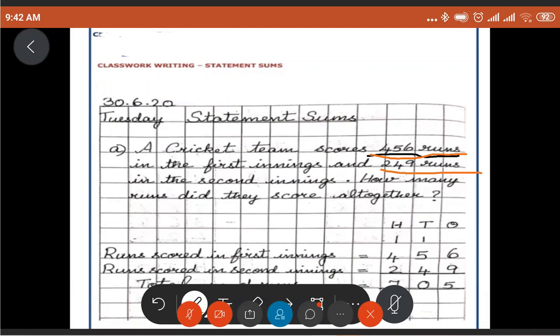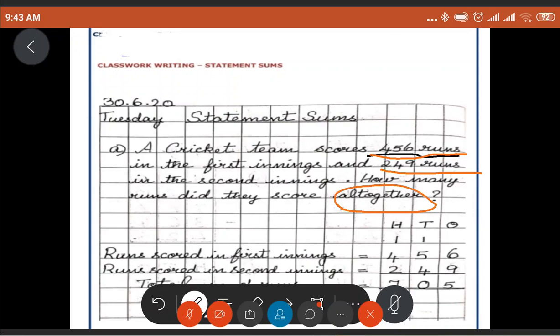Now look here. What is the subject? Subject, objects, key term: these three will be in the question. Cricket team scores is the subject. The runs are the objects. How many runs? So that's the object. Object means you just think of it in the counting way; it's not a real object, it's a count. Then the key term is altogether. So we are going to do the addition. We are going to add these two numbers.